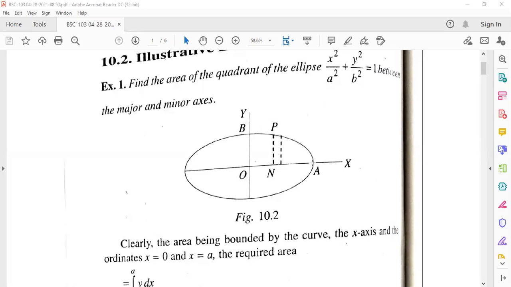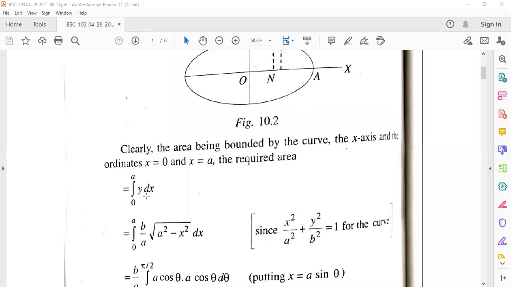According to our given question, we are taking the integration along the x-axis. When we are taking along the x-axis, at the center the value of x is 0 and at the point capital A the value of x is a. So integration will vary from 0 to a along the x-axis and dx will be the operator. Here we are taking a small strip that is called dx, which is movable. Now as we are taking the integration along the x-axis, y should be the independent variable. So we are taking the area as integral x equal to 0 to a of y dx.